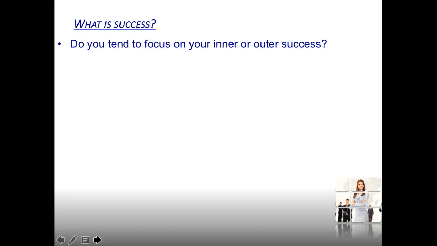According to the Oxford Dictionary, success is defined as the accomplishment of an aim or purpose. And additionally, success is defined as the attainment of popularity or profit. So which one of these definitions is correct? Well, that depends on your definition of success. When we talk about success, we need to realize that there are two types of success, inner and outer success. So before you can determine what success means to you, you must first decide if you focus on inner or outer success.